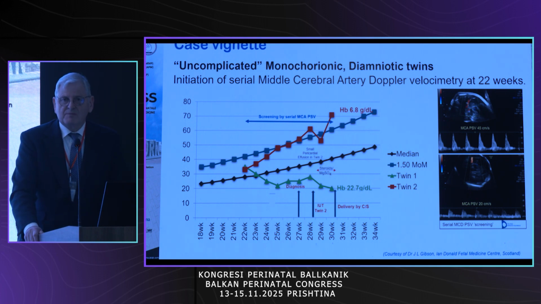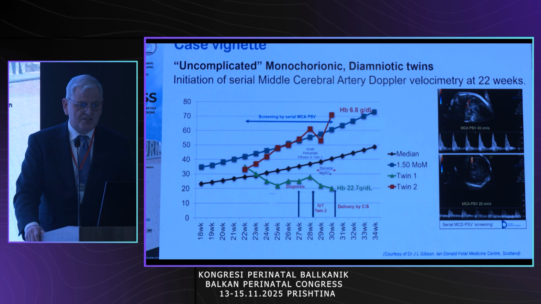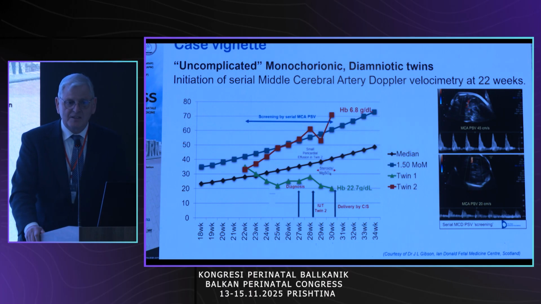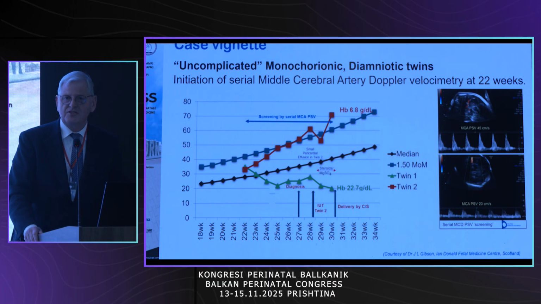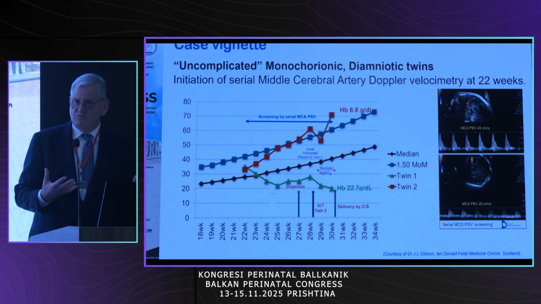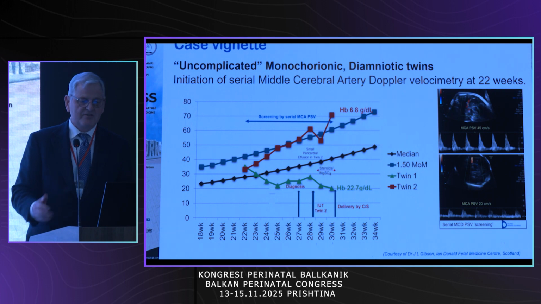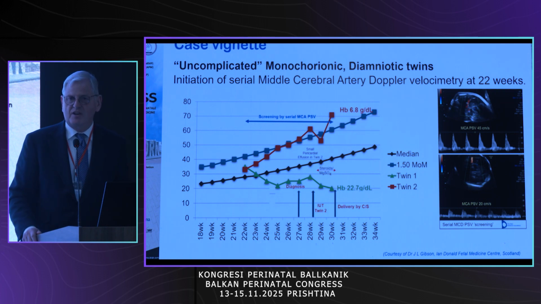The other pathology that I'm going to talk about today is twin anemia polycythemia sequence. And this is a vignette provided actually by my wife in her practice, where she was following a 40-year-old midwife who had had 6 attempts at IVF and failed, and then she was pregnant with monochorionic twins. The recommendations in the UK at the time were not to screen for twin anemia polycythemia sequence, but she requested, because she was anxious, serial measurements of middle cerebral artery peak systolic velocity, screening for anemia and polycythemia.